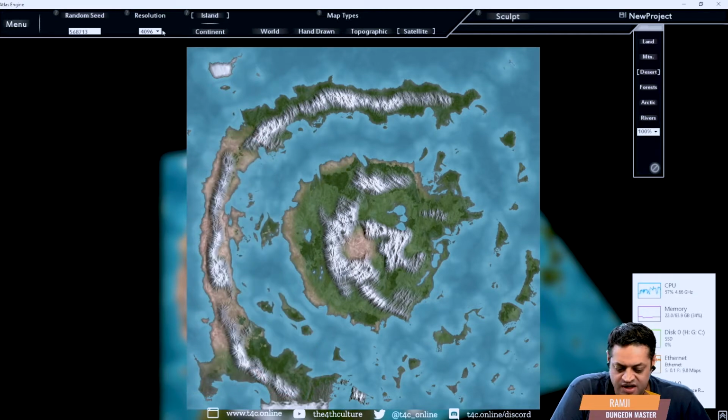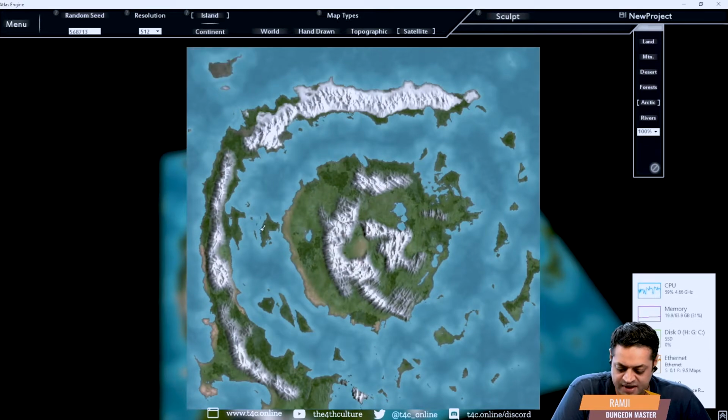And in a moment or so that will update, because I'm in high res, so I'm just going to drop back down to my low res. And then I'm going to do the same thing with getting rid of my Arctic area here, and I'm going to get rid of my mountainous area that's down here, because that doesn't make any sense. And I'm going to twiddle my mountains here, because I don't like the way that they're so blocky. That's the other thing that is a bit frustrating, which is that when you create a blocky little area, it completely blocks it out, which is a real shame, because I don't think that's